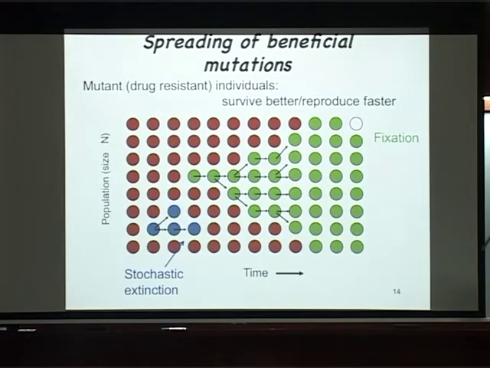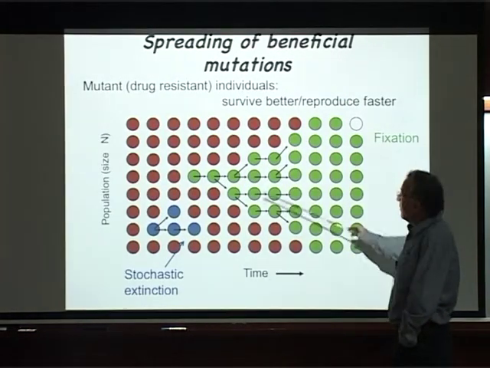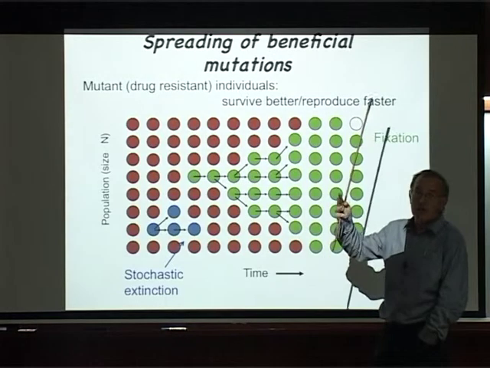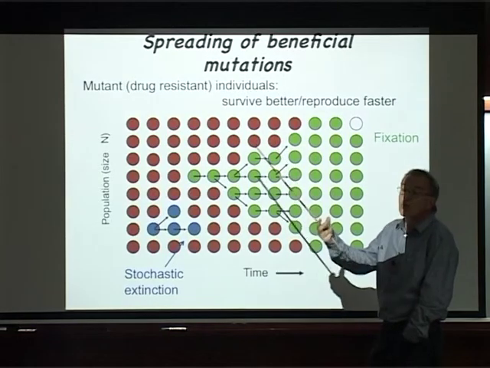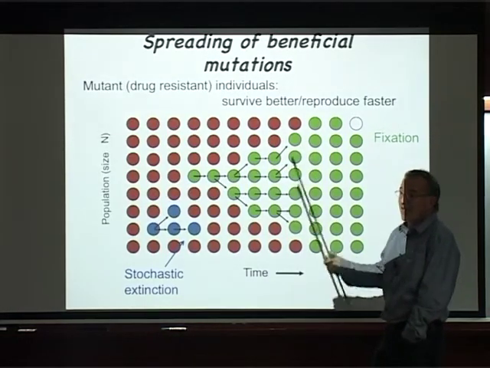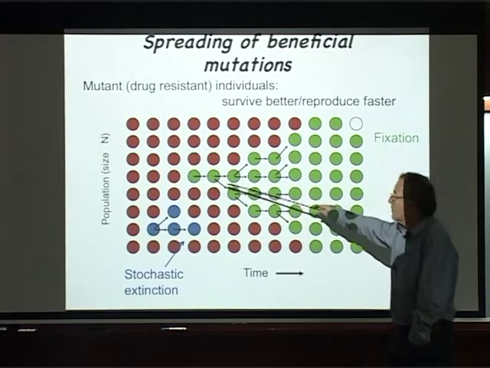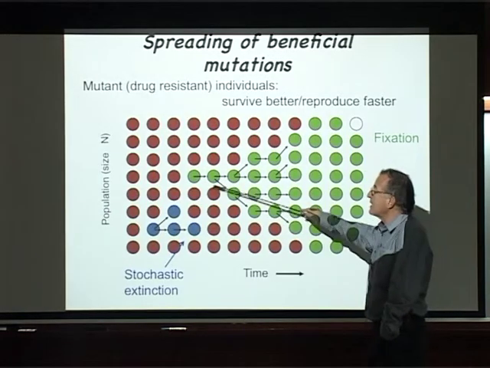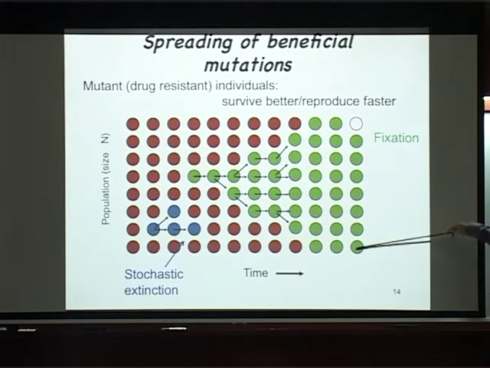So what we want to understand is actually the probability for a new variant, whether beneficial or effectively neutral, not having any fitness advantage or disadvantage, or deleterious, for that matter. We want to know what's the probability to become extinct, and the opposite, what's the probability to take over the population. So in the jargon of population genetics, this process of one genotype